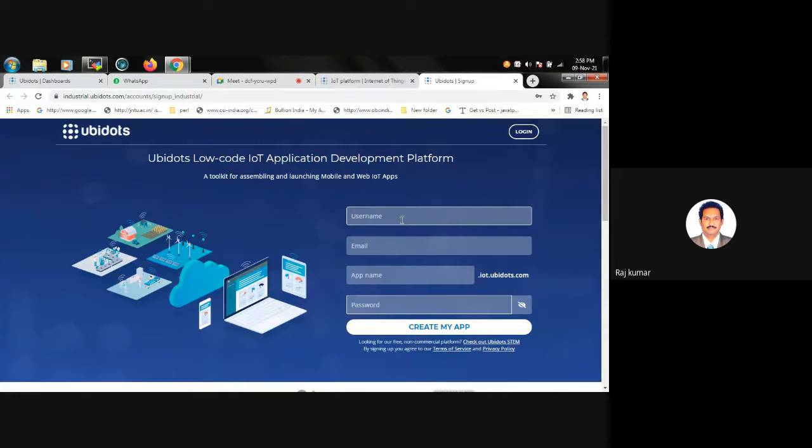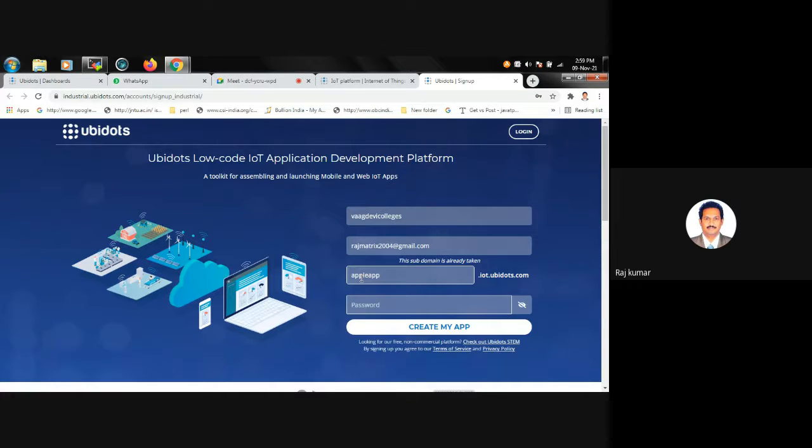You can provide any name. For example, I am providing Vagdevi Colleges. Then I provide an email ID, gmail.com, and any app name of your choice.